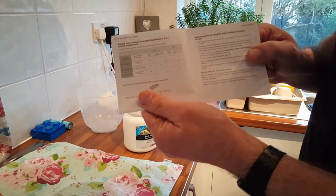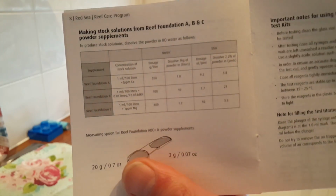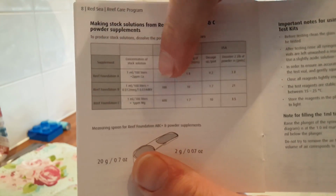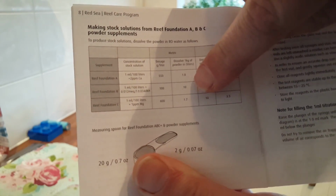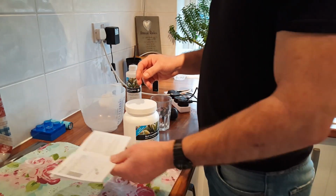But there's this little table here, if you can zoom in on that and see if it's that clear. I'll pause the video. But if you see Reef Foundation B, alkalinity, it says 1 kilogram of powder makes up 10 litres of solution. So I don't want to make up 10 litres, I'm going to make up 2 litres,